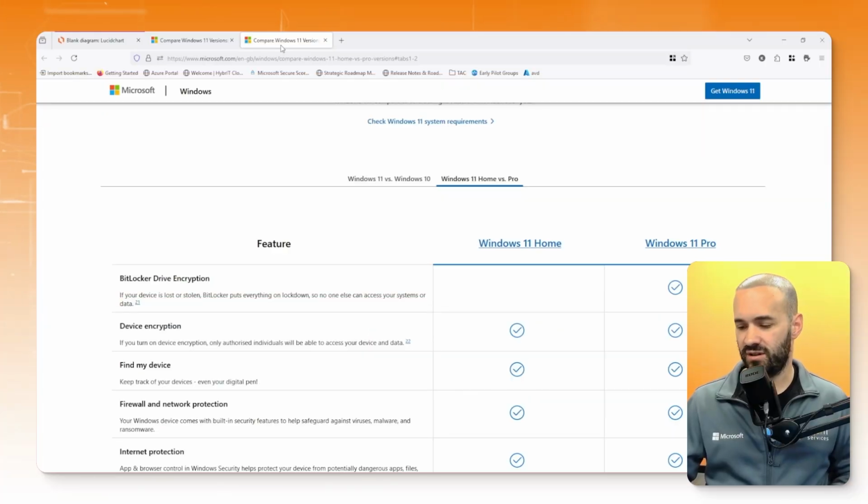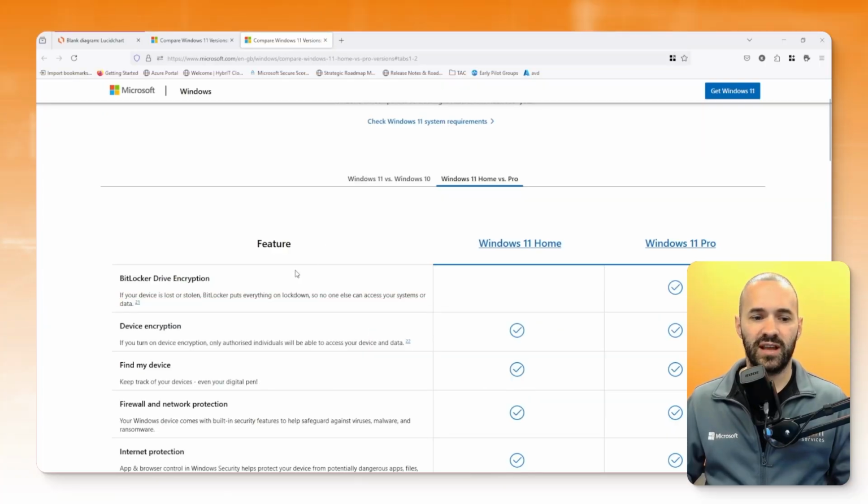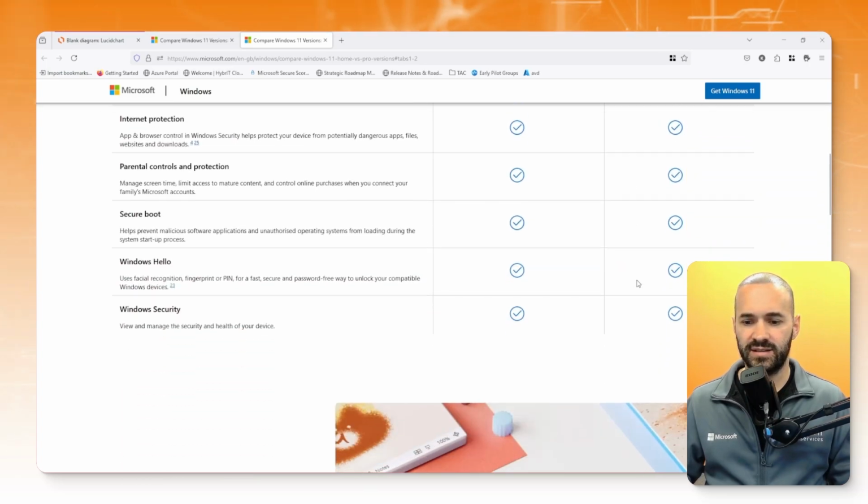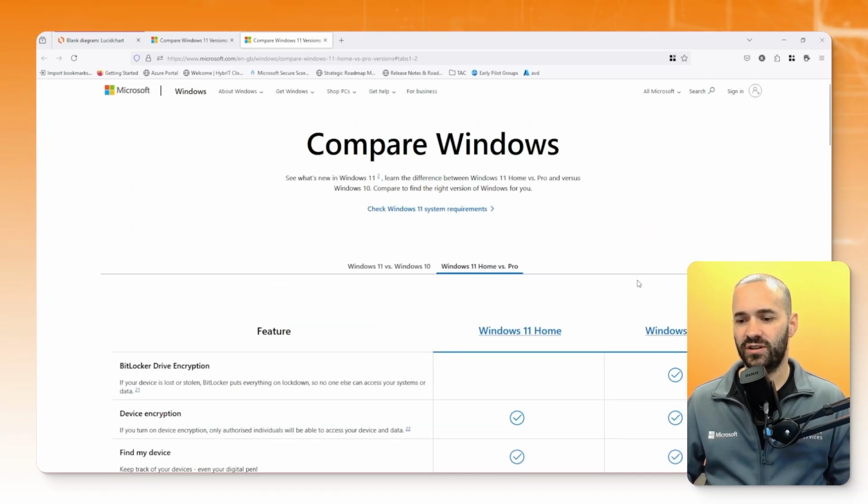Let's jump over to Microsoft's almost useless comparison table. It looks like here that you get BitLocker drive encryption on Windows Pro and everything else is the same. So that's absolutely not true. So let's just bin off Microsoft's documentation here. There's quite a lot of features you get on Windows Pro that you don't get on Home, but for the purposes of our discussion, and it will become more clear as we look at the other mistakes, the main thing